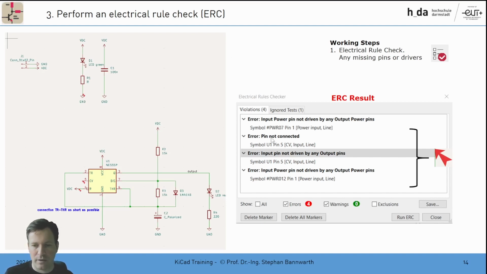Another problem we encountered was pin not connected. This is in our U1. This is our NE555 timer. Pin 5, the CV input line, is just not connected. And if it's intentionally not connected, you should mark it with a not connected symbol. Otherwise, for KiCad, that's also an error, or it will remind you that you have a pin which is not connected yet. To resolve these two issues,